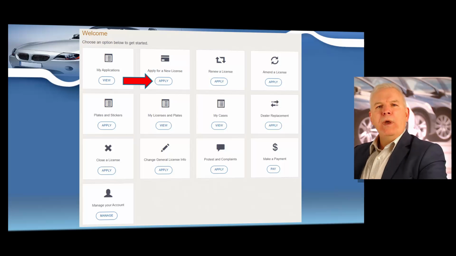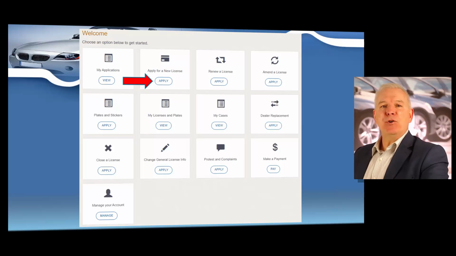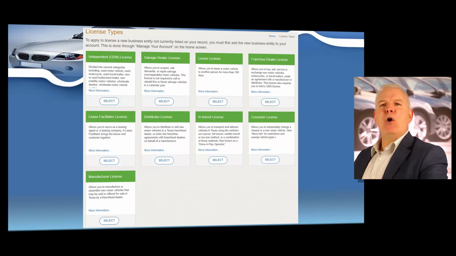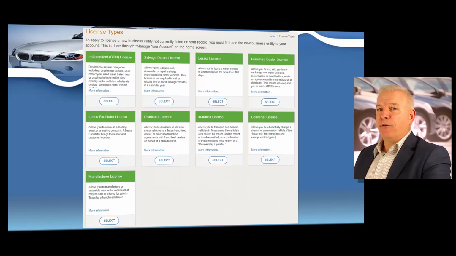So now you are going to apply for a new license. So you're going to click on the apply for new license. Next, you're going to see all the types of licenses that we've discussed earlier in the course. And in just a moment, you will click on the independent GDN license link. You can apply for a salvage license. Remember though, with the GDN license, you can now operate as a salvage dealer. So that could be for someone that doesn't have a GDN license that is only going to be having a salvage license. You can apply for a lessor license when leasing vehicles, franchise license when selling brand new vehicles,